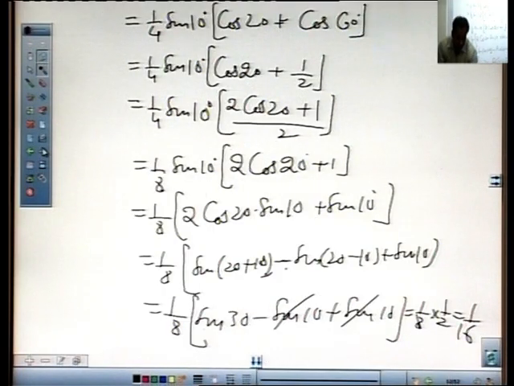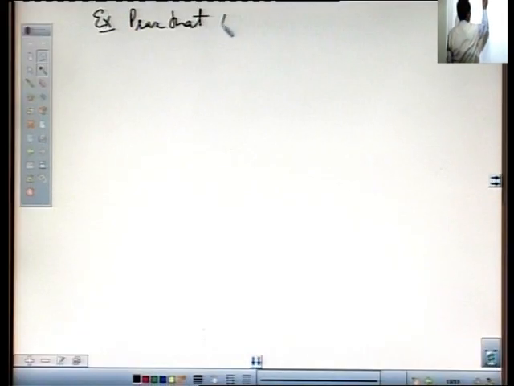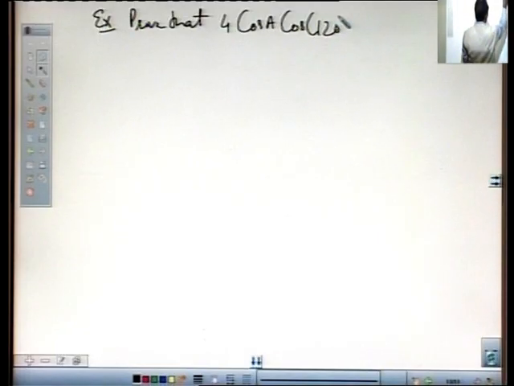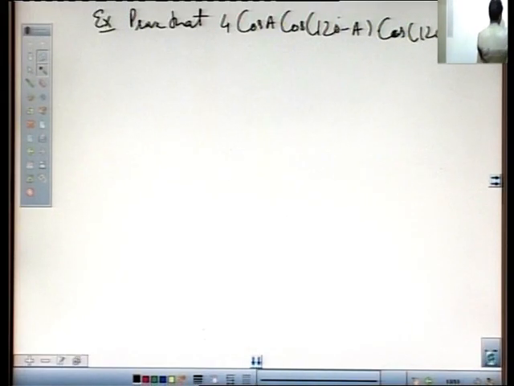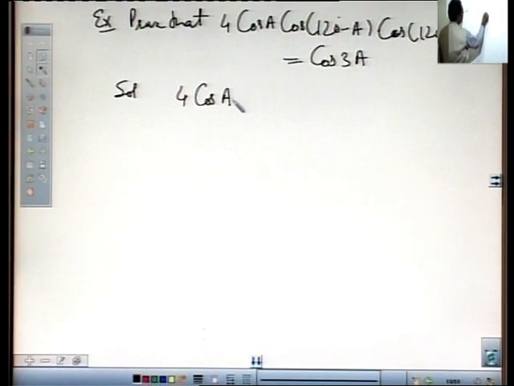And next is the next question. Prove that 4 cos A into cos 120 minus A into cos 120 plus A equals cos 3A